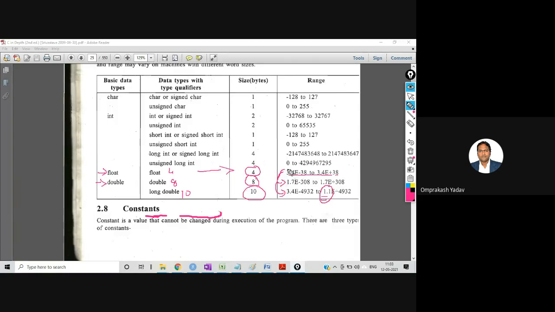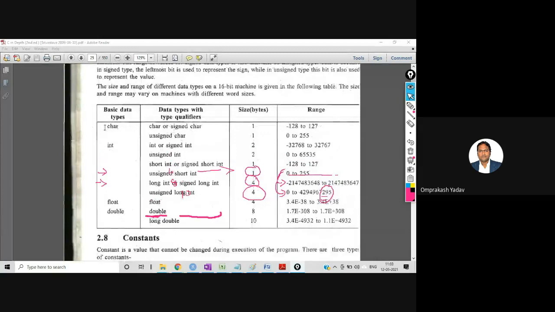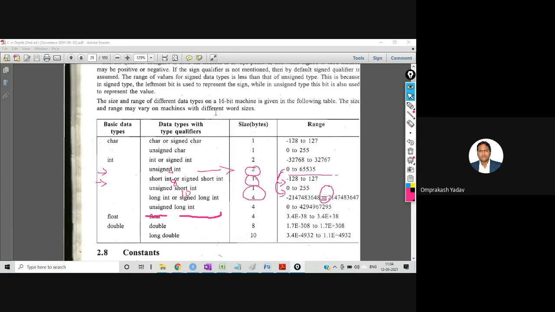If you can remember the first one, you can write the second one also, and even the third one, because that is the same as the first one. The only thing is the last one has 1.1, just remember. And the powers are 38, 308, and the last one is 4932. So in the exam, it can be asked to write a short note on data types. You can explain these primitive data types, make the table and show how you can calculate the size, with 1 or 2 examples of integer and char, and put this table in a proper format. That's it, so you'll get the full marks.